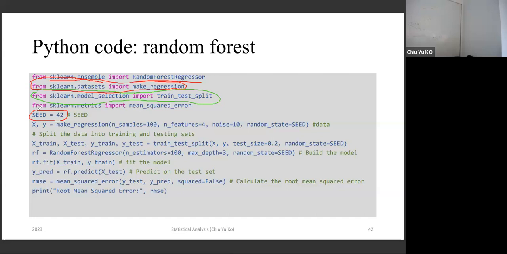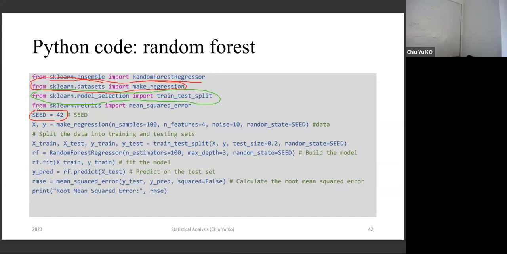So to build a model, you see the model is super easy, right? Just call random forest regressor, then you're done. And then you tell it how many estimators you're using, and the depth, how deep you're going, and you fit your model based on the training data. You test your prediction based on that. You calculate the mean square error based on